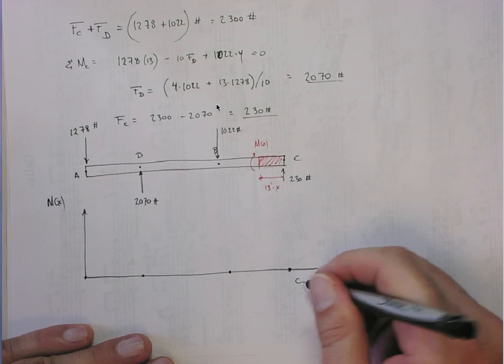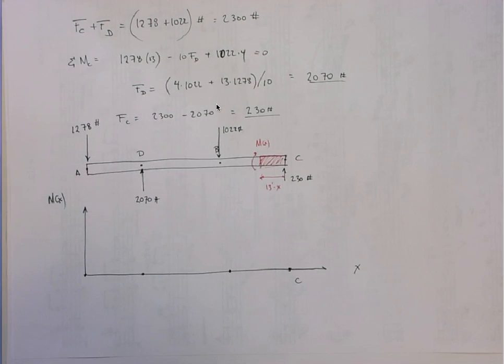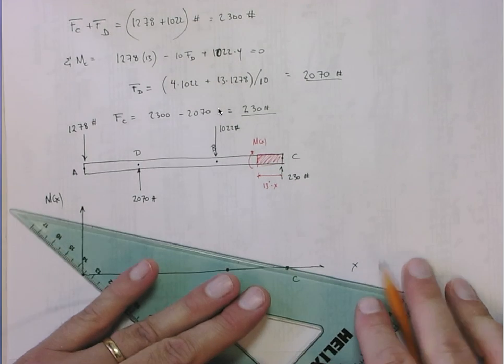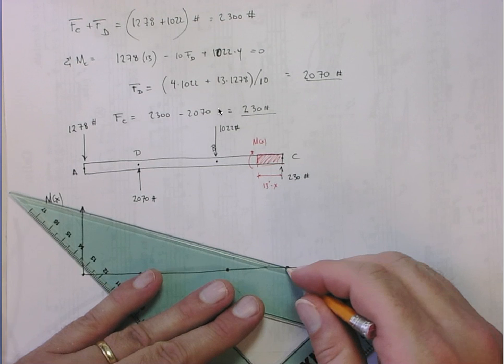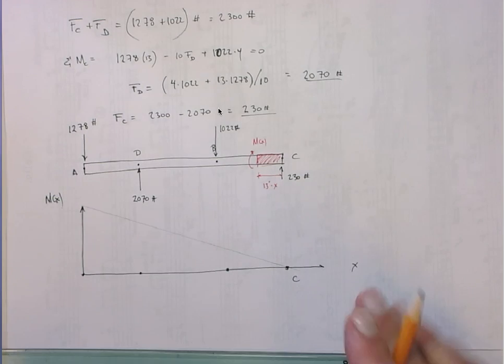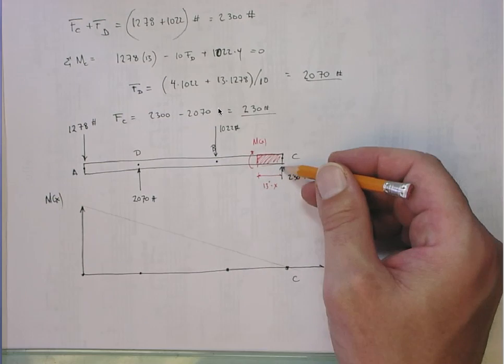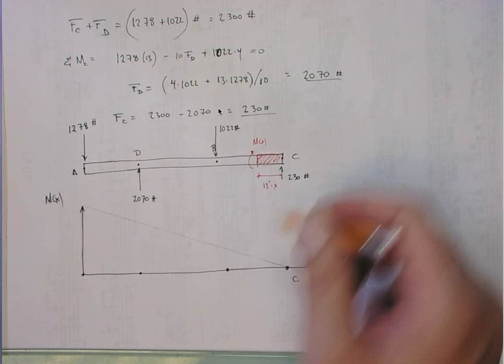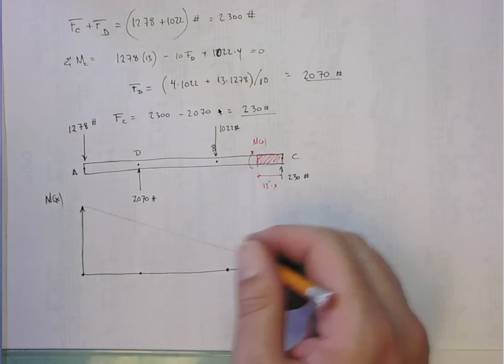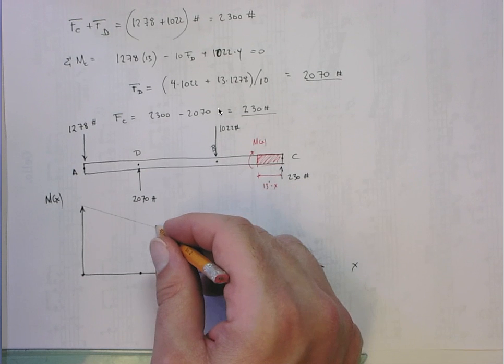This is point C. And it's going to go up. Maybe I'll do it in pencil so I don't screw up too much. I'll try to use a ruler. I don't usually do graphical approach, but I'm going to try to be a little more graphical on this one, okay? So it'll go up from point C. Right? Any moment that arises from a point force is going to have a linear shape to it. And it's going to obviously apply over the entire beam. And it's going to have a slope of